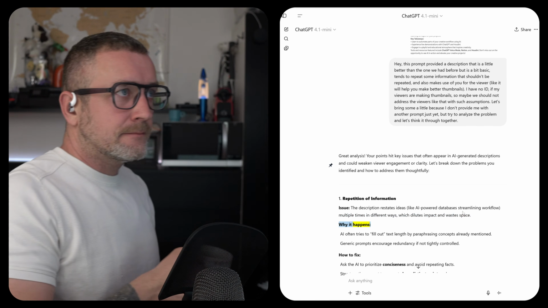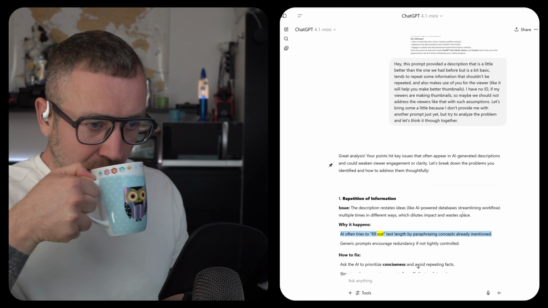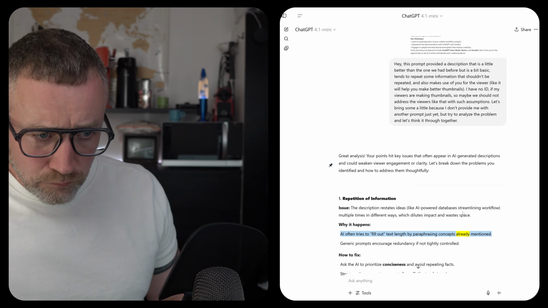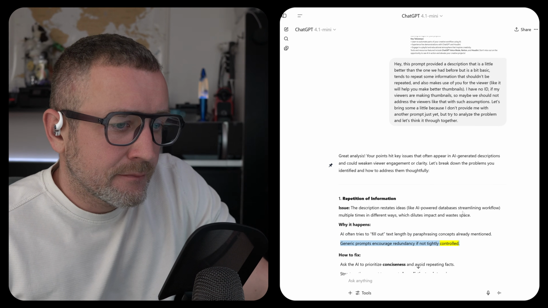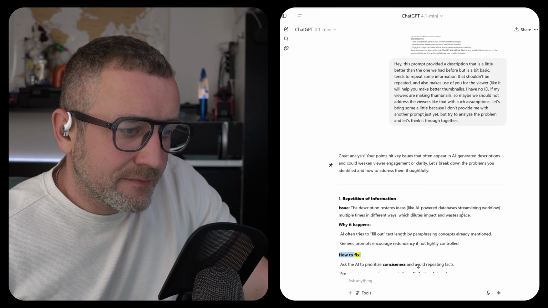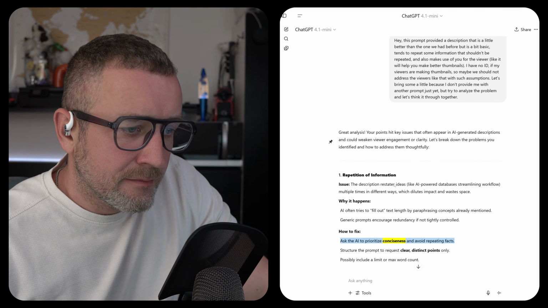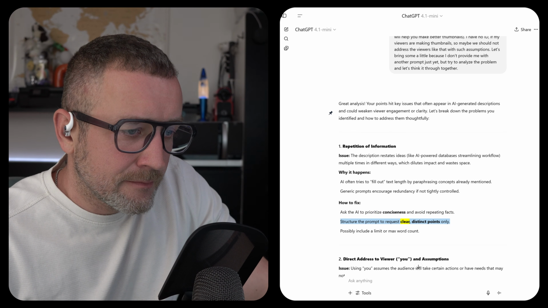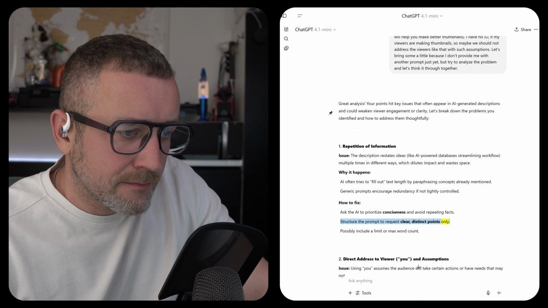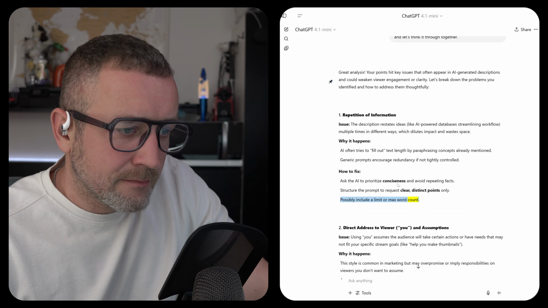Why it happens: AI often tries to fill out text length by paraphrasing concepts already mentioned. Generic prompts encourage redundancy if not tightly controlled. How to fix: ask the AI to prioritize conciseness and avoid repeating facts. Structure the prompt to request clear, distinct points only. Possibly include a limit or max word count.